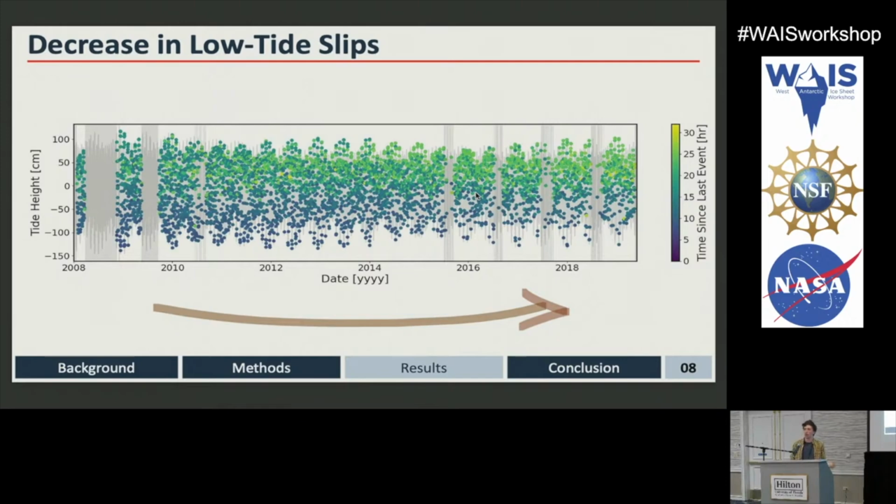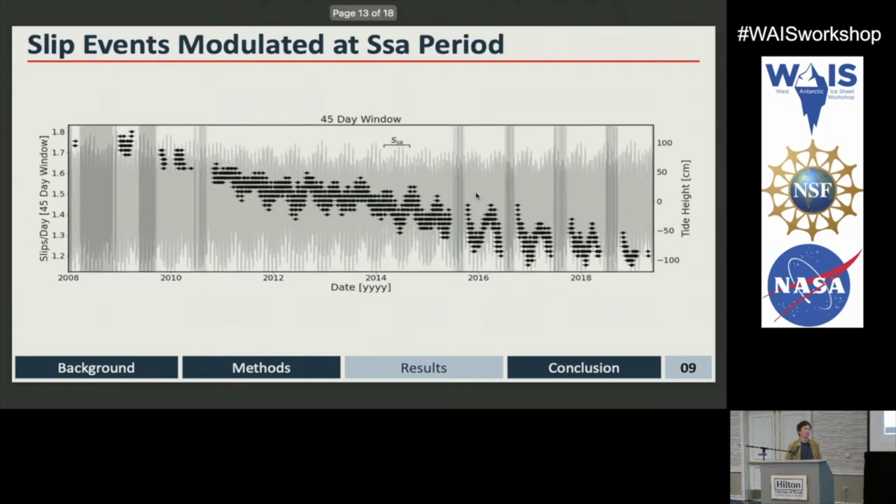And I don't know about you, but it's sometimes hard to look at 5,000 dots and make sense of it. So we can take some averages over this long term since we have this long-term record. That's what I'm doing here: taking a 45-day window and dividing by the 45 days to get an average number of slip events per day in that window. And we see we get the same exact trend. We go from 1.8 events per day, that would be a primary slip event and a secondary slip event in the record, going down in 2019 to 1.2 slip events a day. That would be just one slip event over the record. But perhaps more interesting